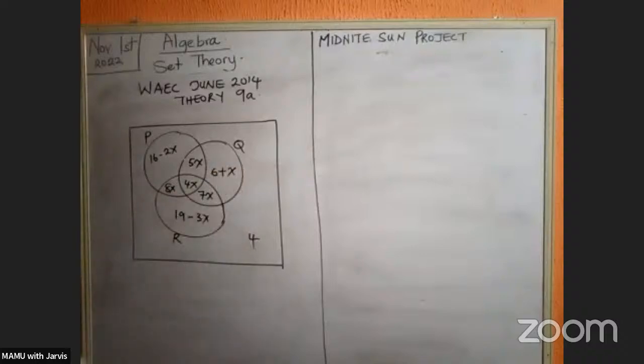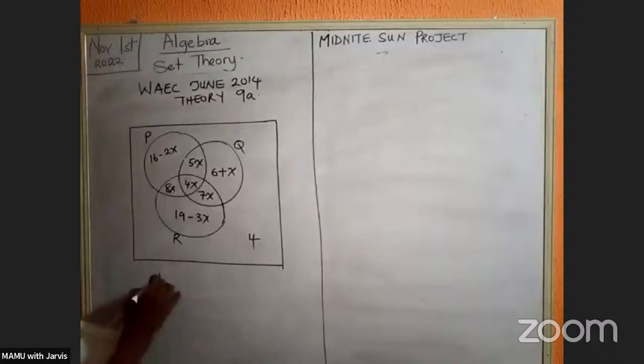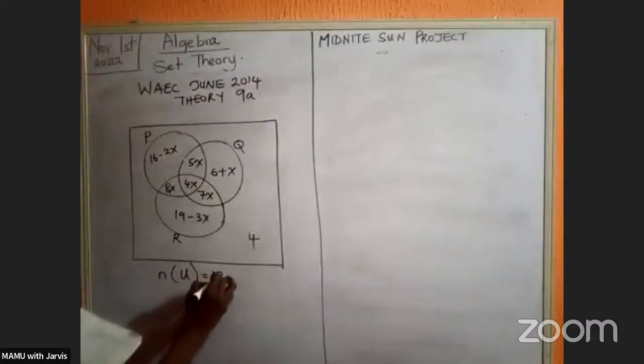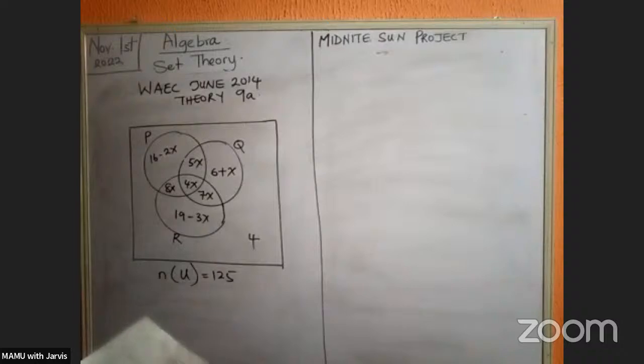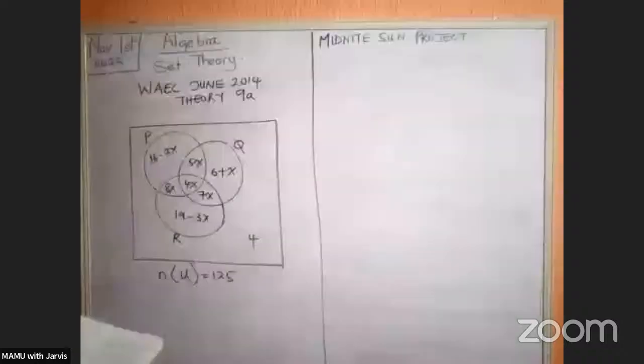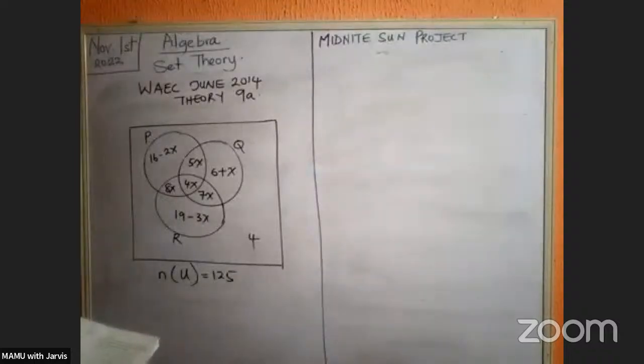So that's the question we have. We are told that the number of the universal set is 125. Okay, now